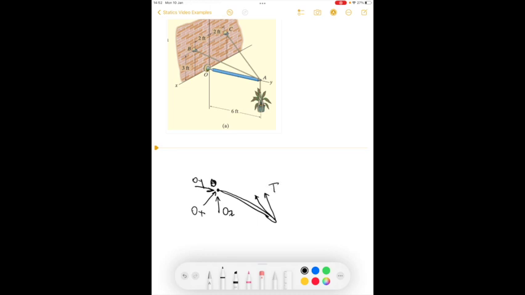So we know the direction of the force, but we don't know the magnitude. So I'll call this tension in the cord AC, and I'll call this tension in the cord AB. And finally, we have the weight of the pot, which I'll call W. And so we would do some geometry to figure out the direction of these using the dimensions that are given to us, and then we can solve